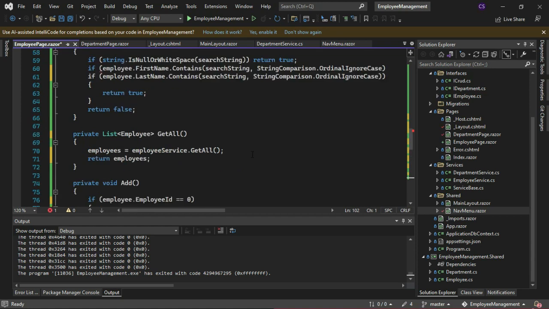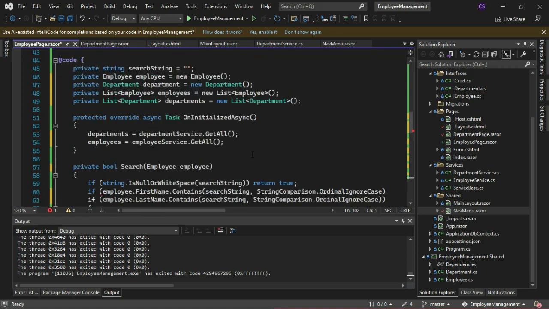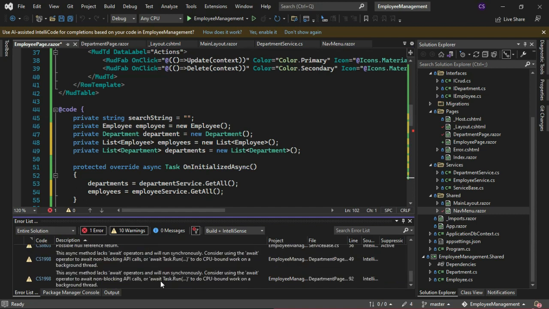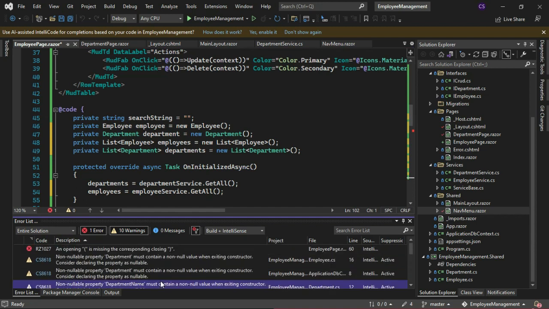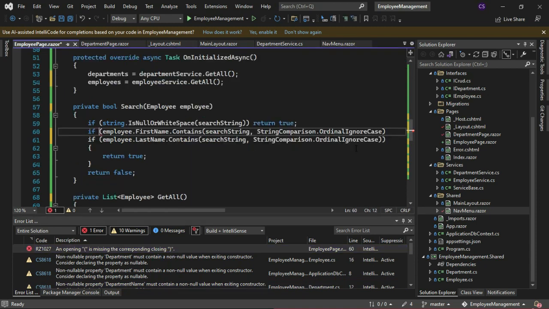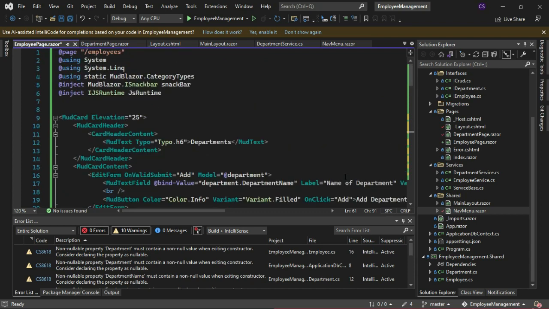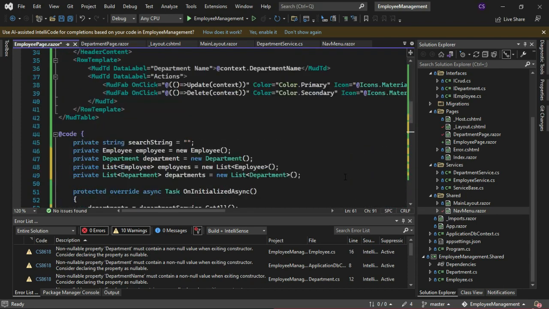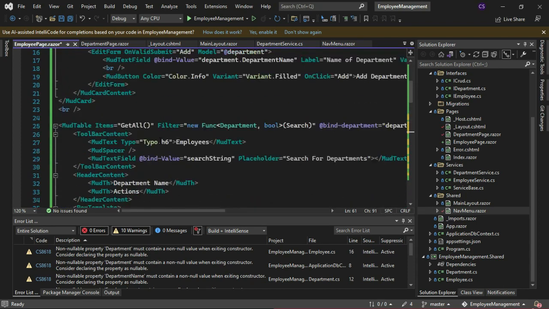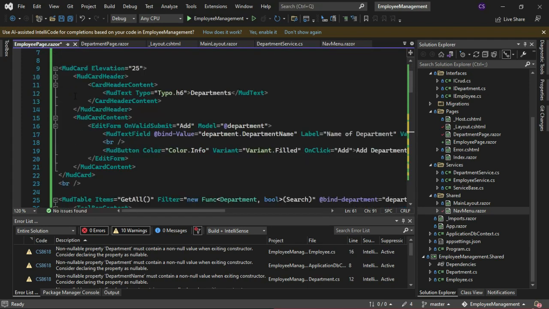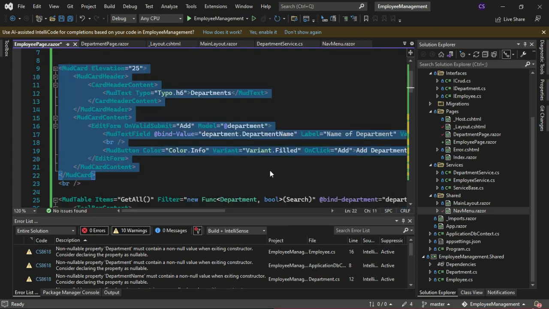So now let's go and fix our UI. Okay, so we have a small error there. Let's just try to fix it. Something is missing. So let's go now to the UI section. So we're fixing the code section. So for the UI section, we're going to start with our mud card here. Okay, so here in this case, we're going to have a grid